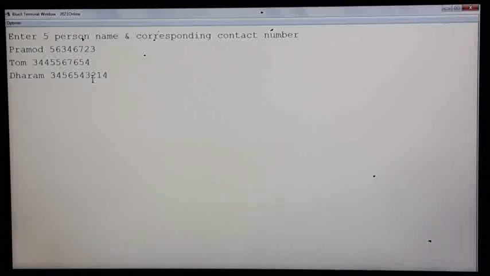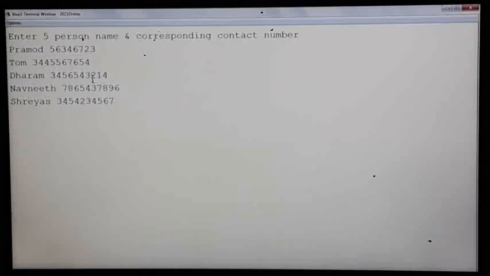Then one more name, Navneet, with a number. Then one more name, because 5 data we have to enter, with some number typed.